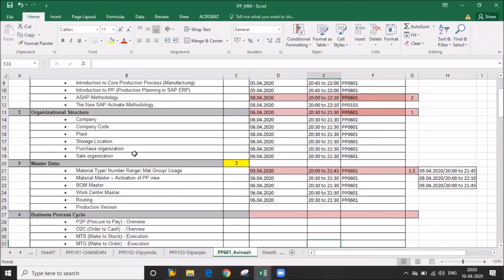Good evening, friends. Today we are going to start our master data for work center, routing and production version. Yesterday we have seen what the types of material are, how to generate number ranges, material group usage,